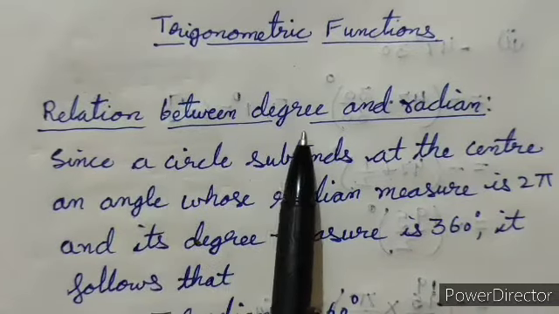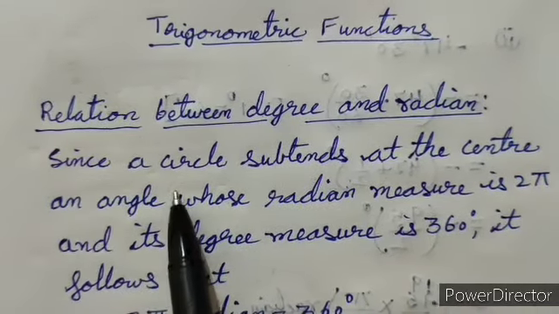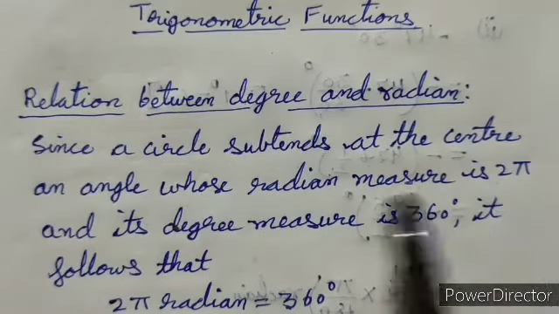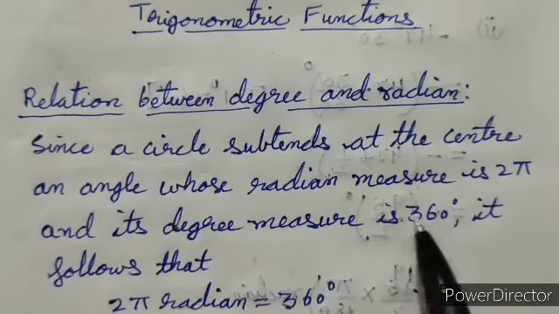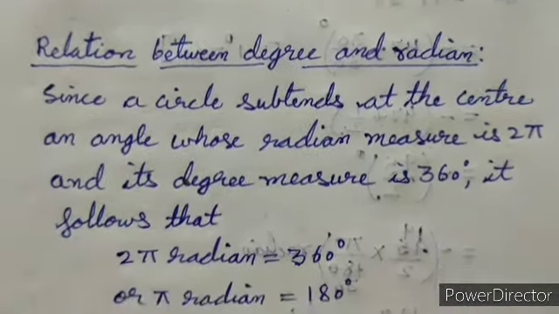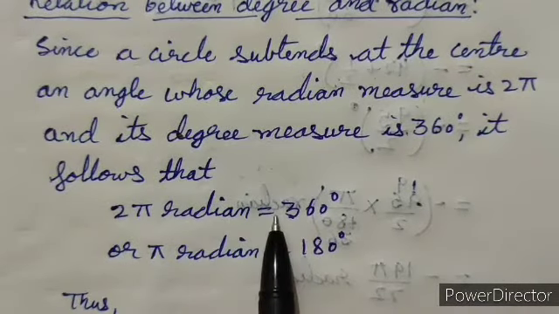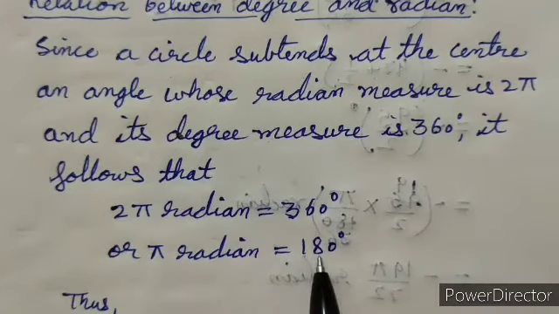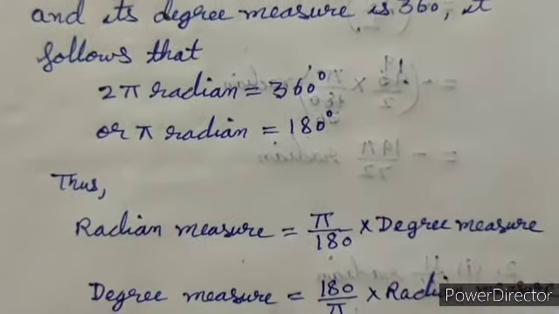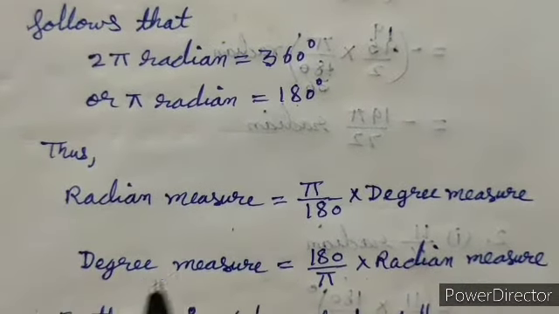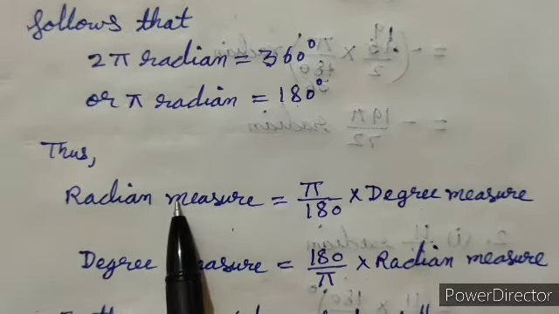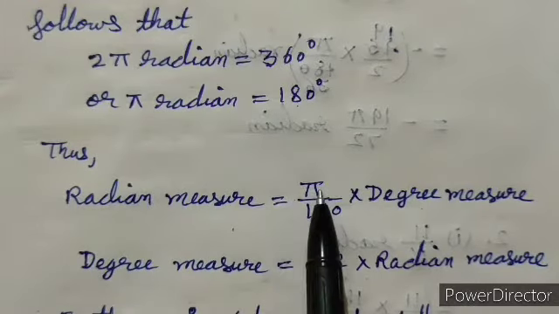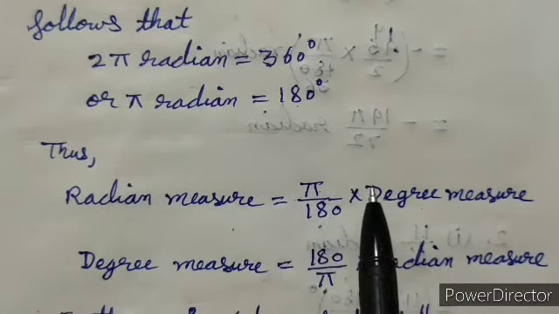Now, relationship between degree and radian. Since a circle subtends at a center an angle whose radian measure is 2 pi and its degree measure is 360 degree, it follows that 2 pi radian is equal to 360 degree, or we can say that pi radian is equal to 180 degree. Thus, we can convert our degree measure into radian measure by using the formula radian measure is equal to pi upon 180 into degree measure,